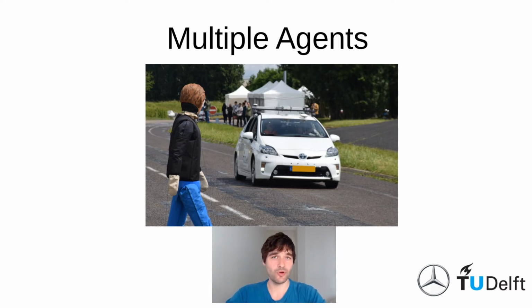In this framework, it's important to know the so-called reward function that describes what an agent is going to do and how it's going to interact with other agents. So it could be a reward for going to a certain position. It could be a reward for not colliding with a car, for example.